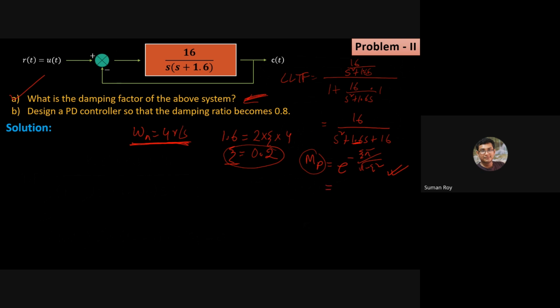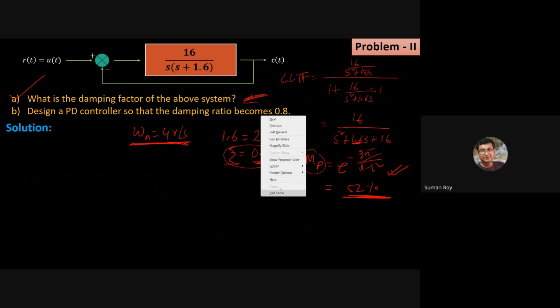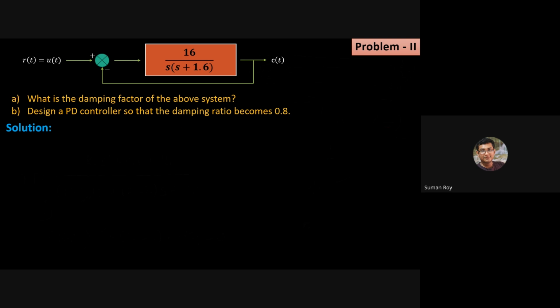And it is turning out to be, in case of 0.2, the Mp value is 52%, almost 52% overshoot, which is very bad, I guess. Okay, which is very bad, this 52% overshoot. So can we do something to minimize this overshoot? Answer is, D controller we need to introduce, right? PD controller. So that's why the question is PD controller, which essentially increases the damping ratio from 0.2 to 0.8